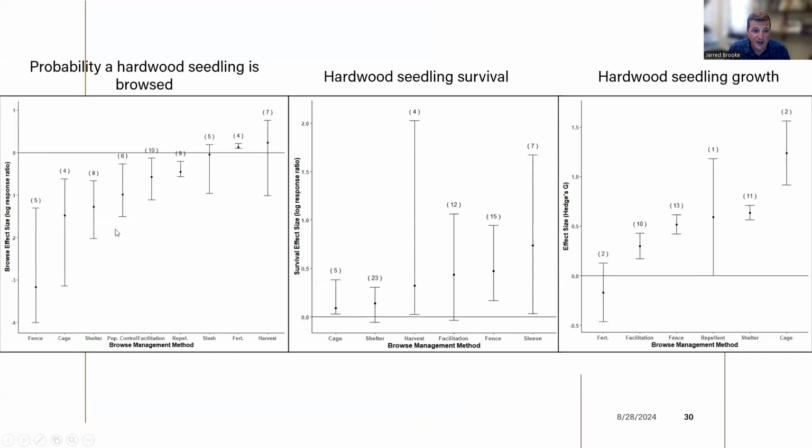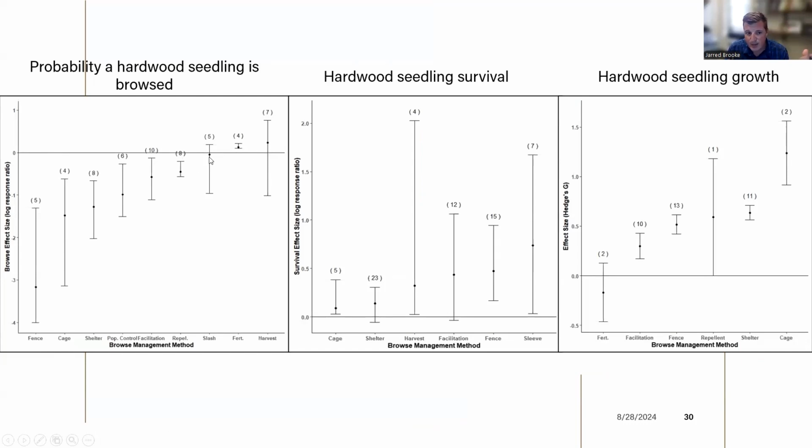The graph on the left here shows you the probability a hardwood seedling is browsed. Basically, to interpret this graph, what you want to look at is if the bar is below this zero line, that means that this technique reduced deer browse. If the bar is above the zero line, it means that it actually increased deer browse. And then if it straddles this line here, it means that there was no effect they could determine,